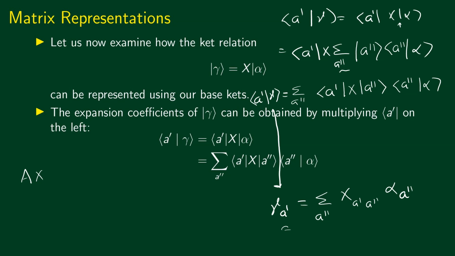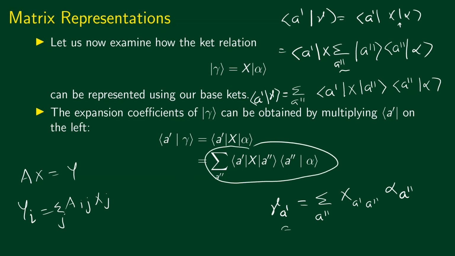Okay, the elements of the resultant column matrix can be written by the rule. Let's say that this is Y, a column matrix Y. So we can write Yi is equal to Aij Xj, and we have to sum this over j. So what I'm saying is that this relation looks like the multiplication of a square matrix with a column matrix